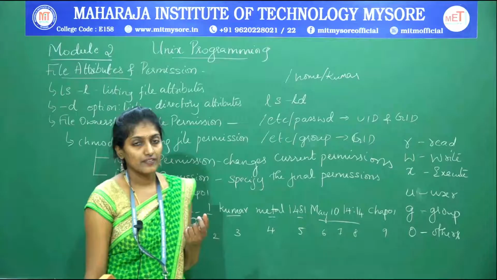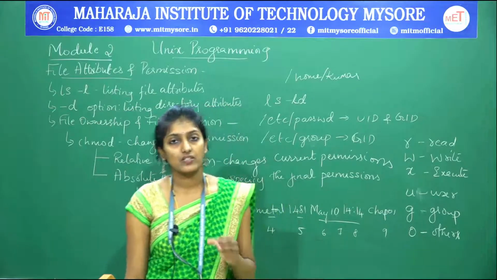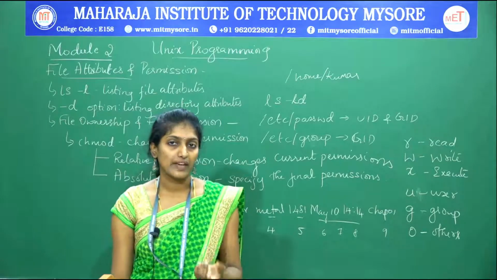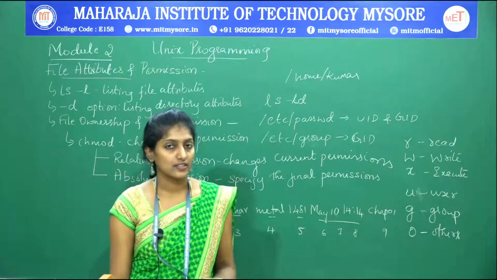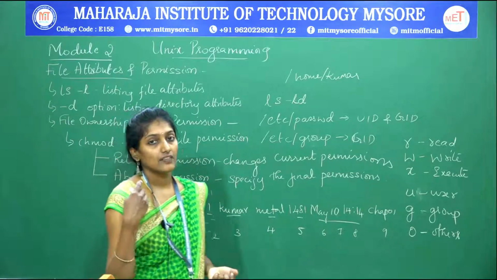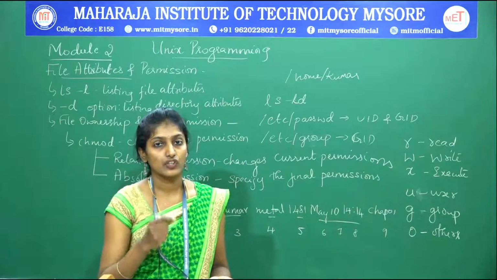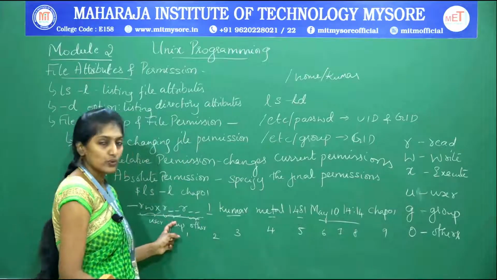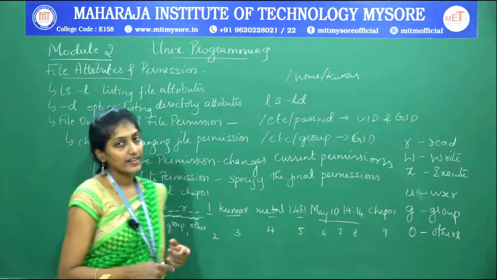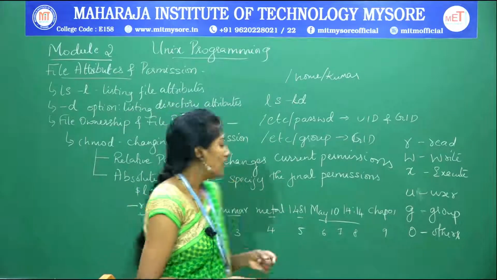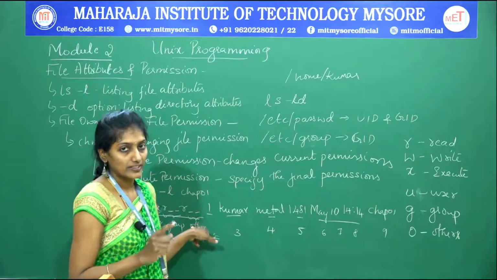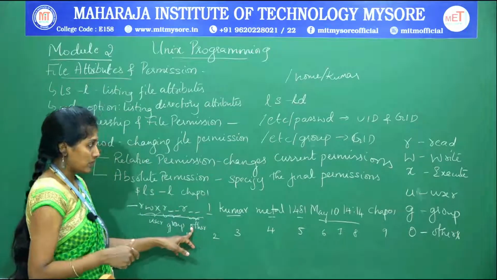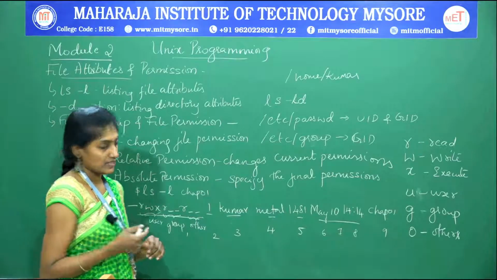Obviously, if the user wants to make that file secure, for group and others he should provide only the read permission. That is what makes the Unix file system secure. Otherwise, it doesn't make sense how you are going to make the Unix file system secure. For the group category you can provide read and execute permission but not write permission, whereas for others it's always better to give only the read permission, not execute, and not edit permission, that is write permission. These are the contents we discussed in the previous session.